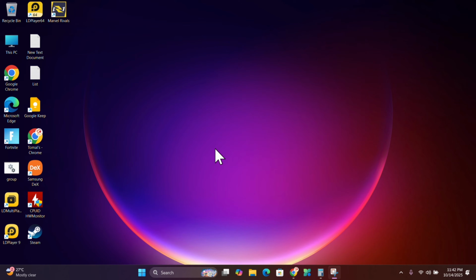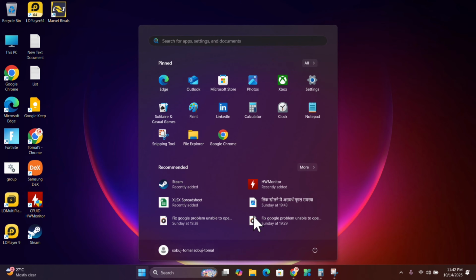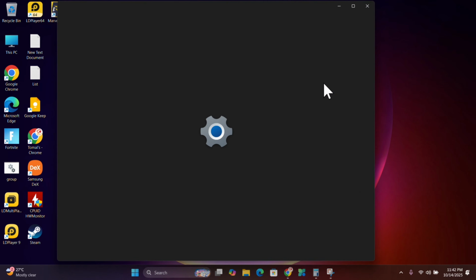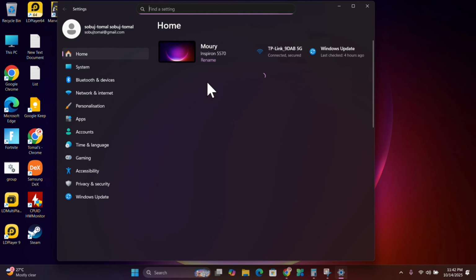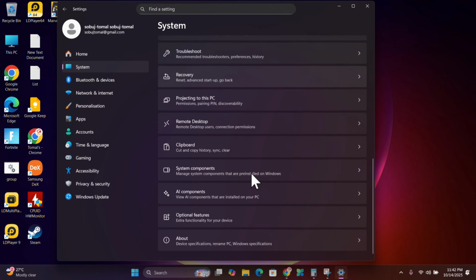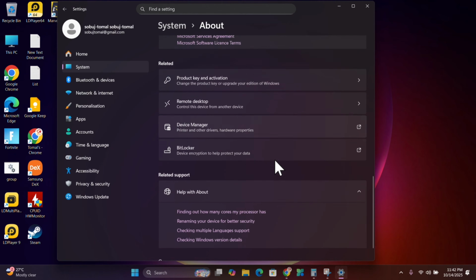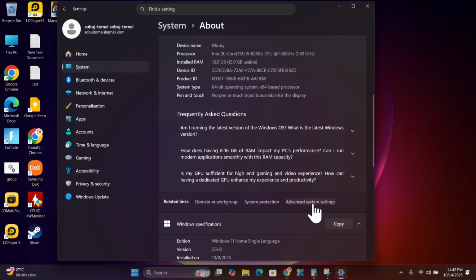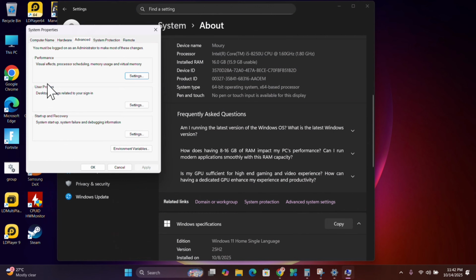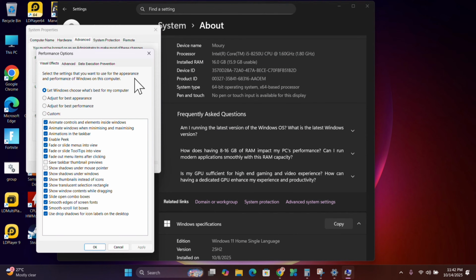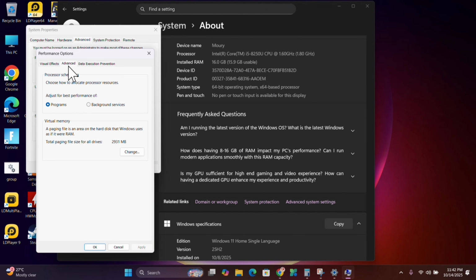In this video, I show you how to fix Battlefield 6 crashing problem on PC. For solving this problem, go to Start bar, then click on Settings, then click on System, scroll down, then click on About, scroll down, then click on Advanced System Settings, then click on Settings, then click on Advanced, then click on Change,